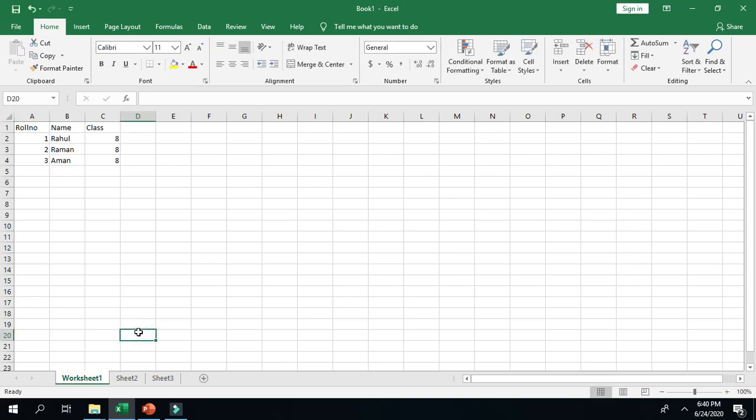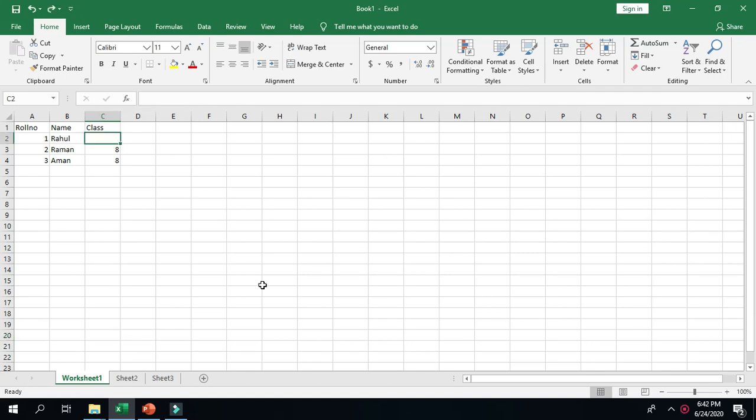So by repeating this step we can change the name of other worksheets. So in Excel worksheet name can be up to 31 characters. We can't give the name to the worksheet more than 31 characters.